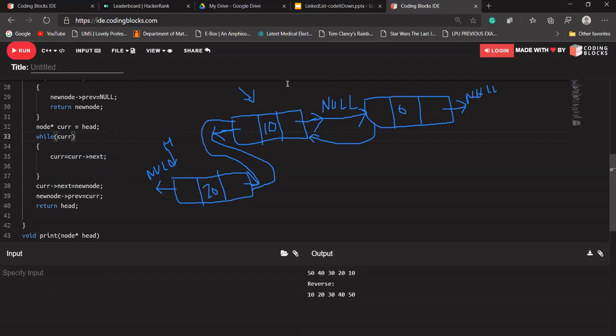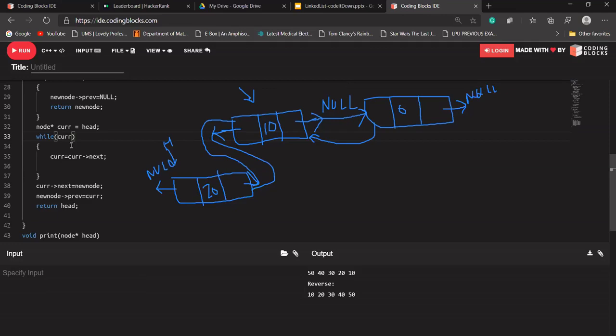We don't need that. We need the address of this pointer, because we have to update its next. If we reach a null value, how will we update the address of its next? We need the address of this node, not the address of our null value.